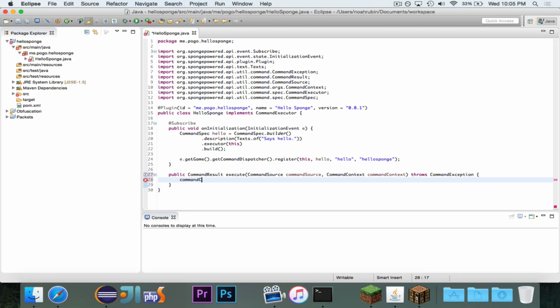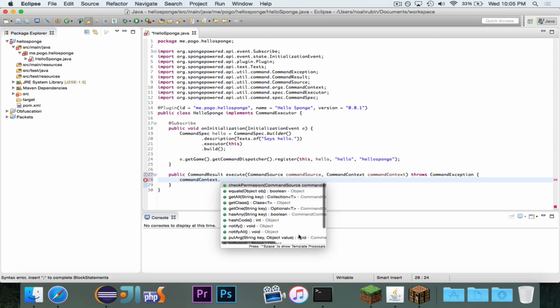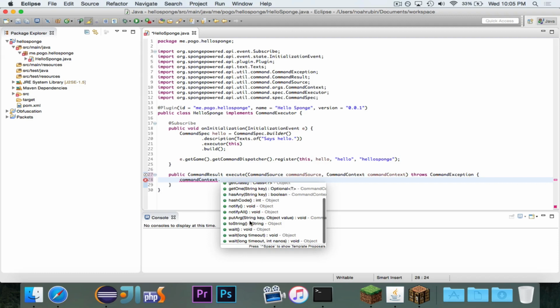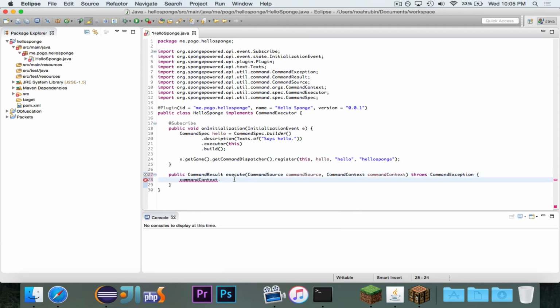And then there's the context, which again, checking for permissions. Not terribly helpful when we have the command source. But then there's this stuff: get all, get one, has any, put arg, all of that stuff. And that has to do with the arguments that go in the command. And of course we'll worry about that later.